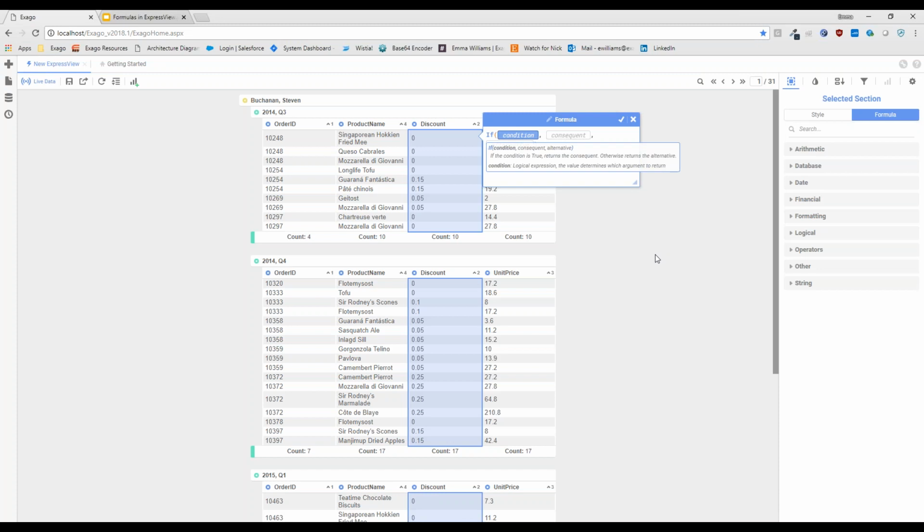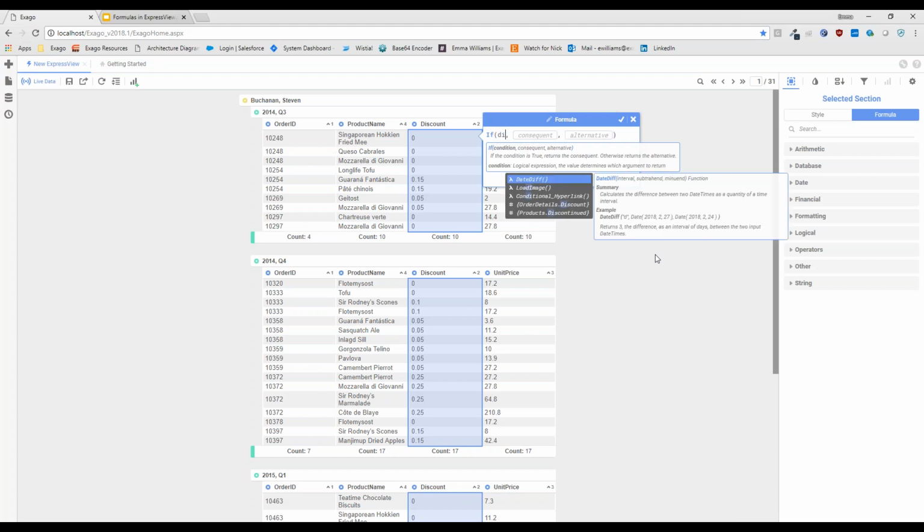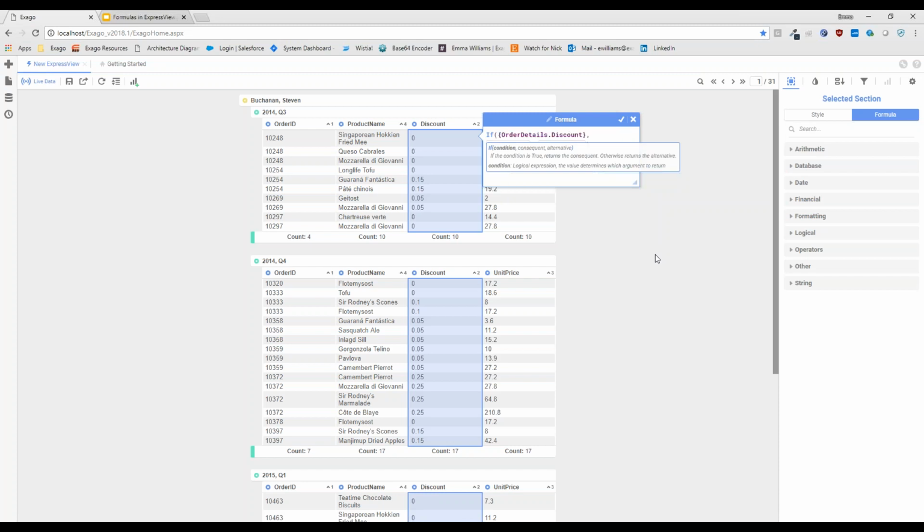There is no in between, right? So in this case, I'm going to make this condition dependent on the discount field itself. And I'm going to say if it's greater than 0, right? If it's anything above 0, there is a discount applied to that product.